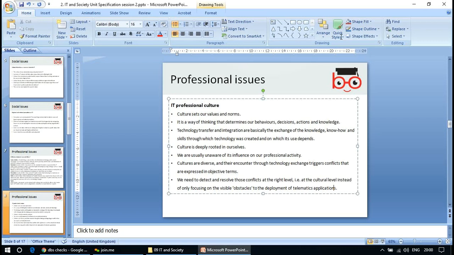So that exchange of knowledge and skills varies from culture to culture, because that is rooted in ourselves. So you should also value the culture. Absolutely. So it shouldn't be the case,